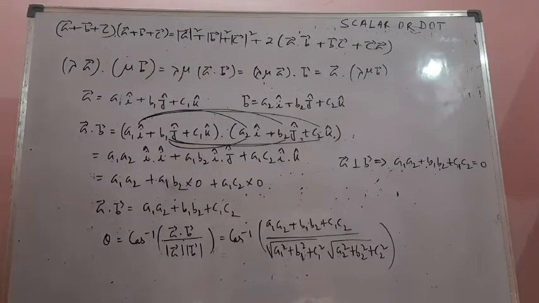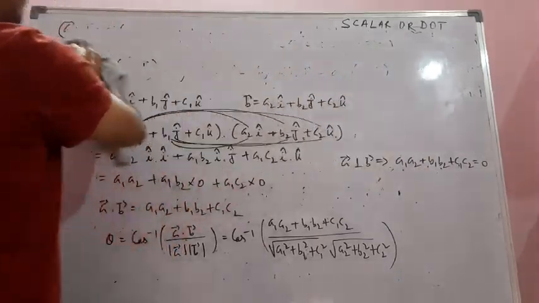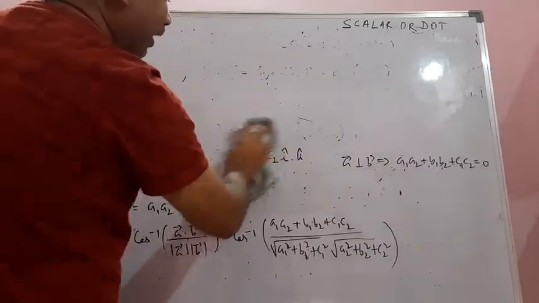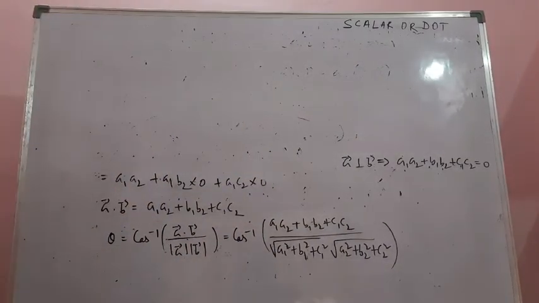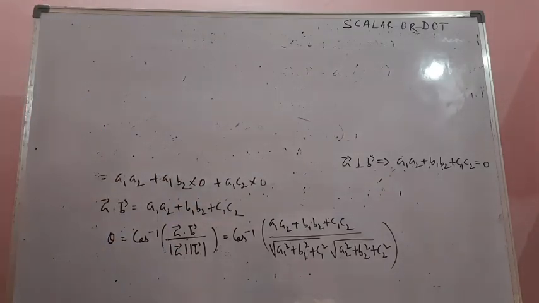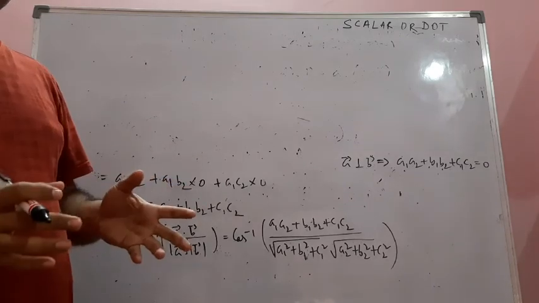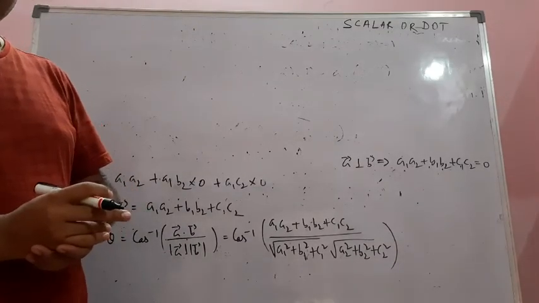So these are the different properties of the dot product: how to find the dot product, how to find the angle. The dot product is commutative and distributive. Using the dot product you can find the angle between them. In component form, if two vectors are given, what is their dot product and how to find the angle between them. And how to say whether two vectors are perpendicular or not. These things we already know. When you see the dot product and the calculations we have done, you can see that they behave like algebraic identities.